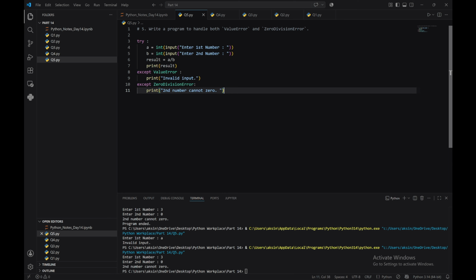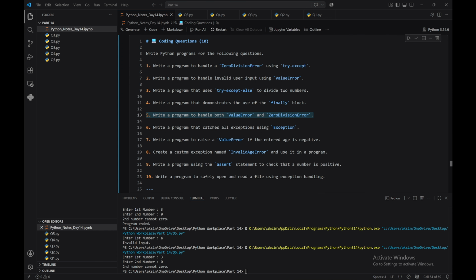So you can do it for both like this, using except. So our sixth question is: write a program to catch all exceptions using Exception,